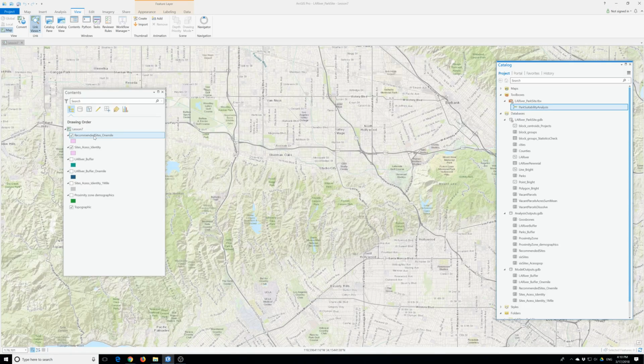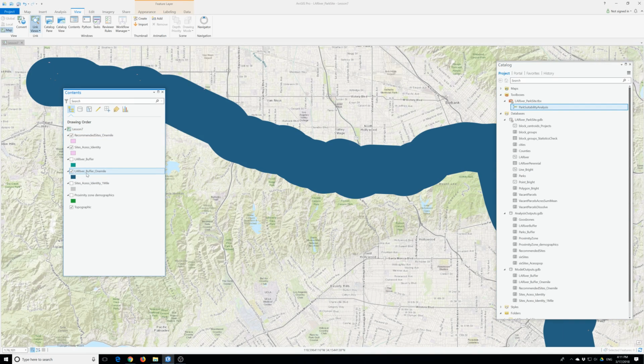So the two new layers are added to the map, and we should now see 1 mile and larger parks result 1 mile displayed on top of the original results we created. If not, then this is Los Angeles River 1 mile. Okay, and the buffer, yeah, it shows the buffer. And we will turn the 1 mile results on and off to compare with the original results. There are 11 sites that match the new criteria for potential park. Sites must be larger but can be further away from the river. We will open the attribute table for recommended sites 1 mile to see the new